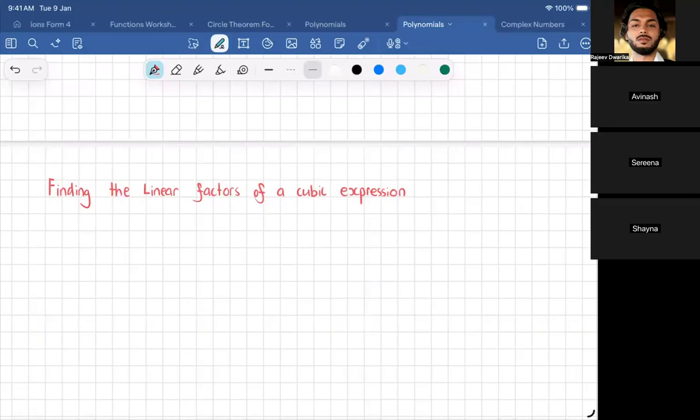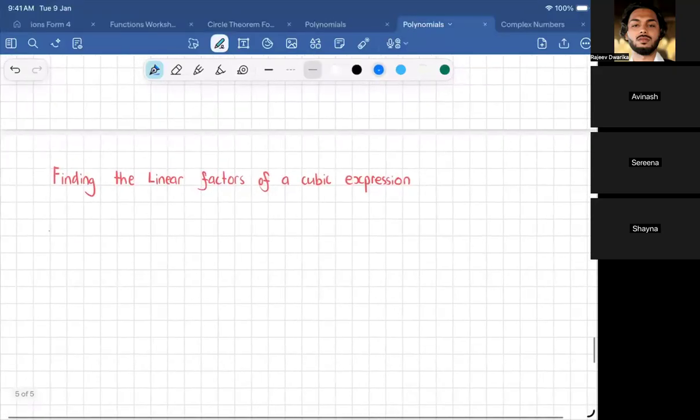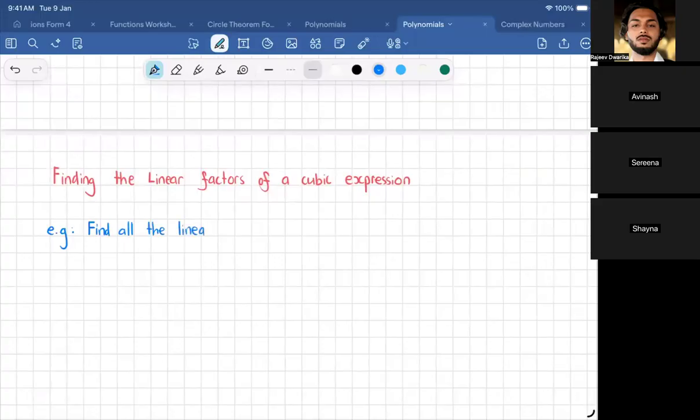So here, let's do another example. So I said a cubic, right? So what do I mean by a cubic? Let me show you what I mean. So example, find all linear factors of 2x cubed